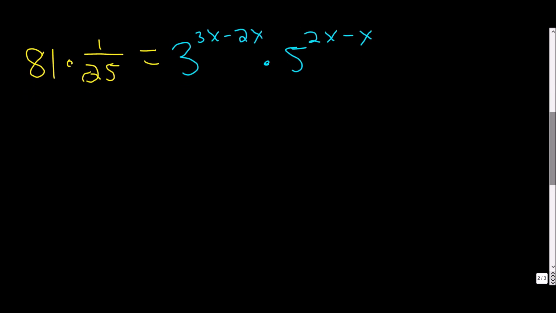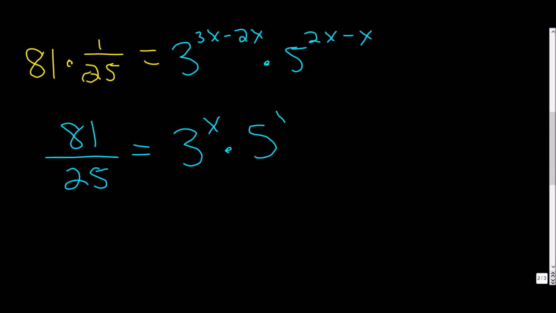And so what I'm left with now is 81 over 25 equals 3 to the x times 5 to the x. Which luckily for me, remember, if we have the same exponents with different bases, we can multiply those bases together. And this is actually 15 to the x. So we know that 15